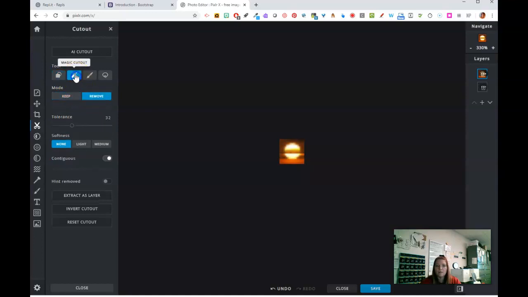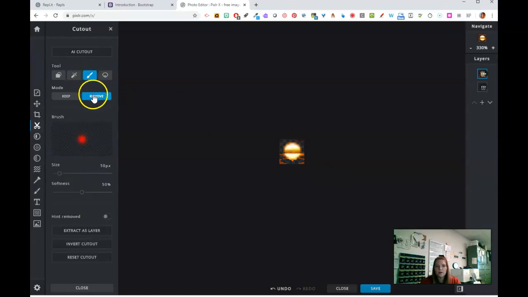So like I could go on the magic cutout, which is like a magic wand. I could set it on remove, and I could try to remove the background and see it does it a little bit. It's not the greatest ever, but you know, it's there. And then I could set it on paintbrush and on remove and just use a tiny paintbrush and get rid of the bottom part here, these little parts. Not that this is the absolute greatest, you might just be better off to go find a picture and download a picture, and then just resize the picture in here and then just save it out as